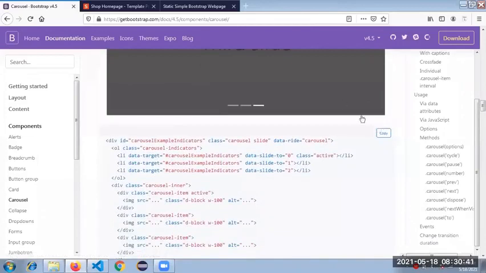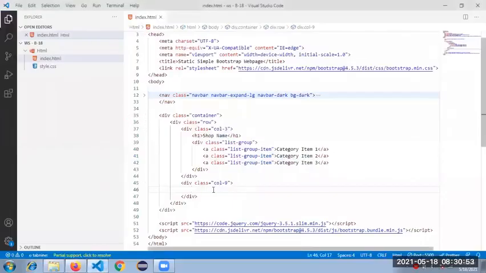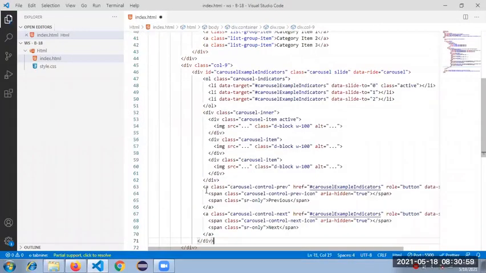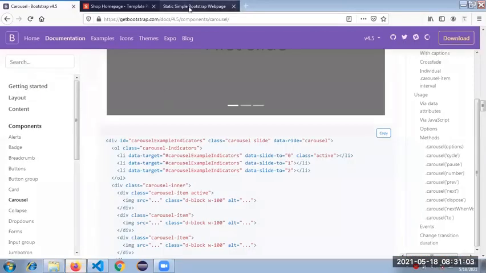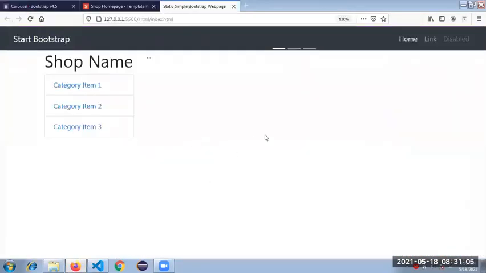I'm copying this code and going inside our second column, the 9. I'm pasting that code here, guys. Nothing is there yet.